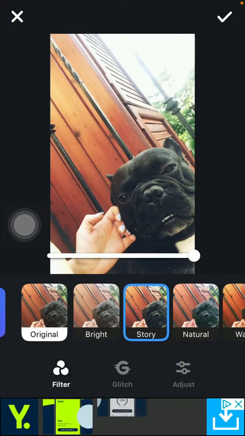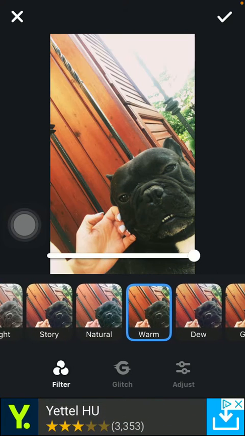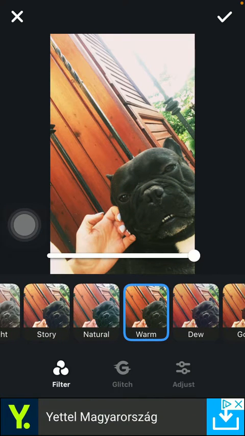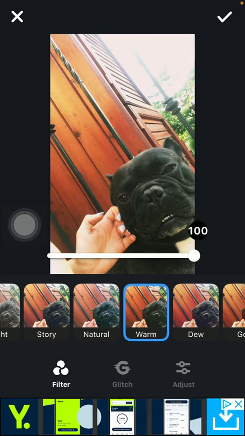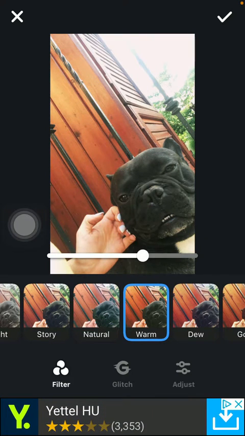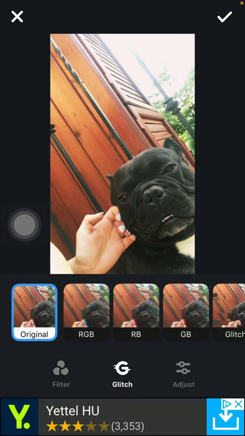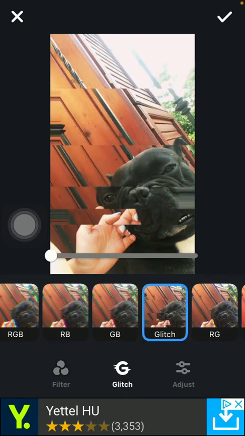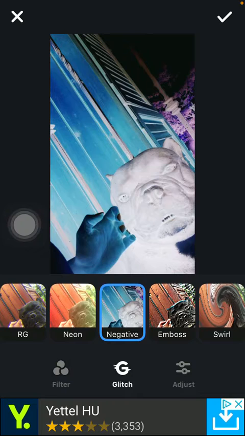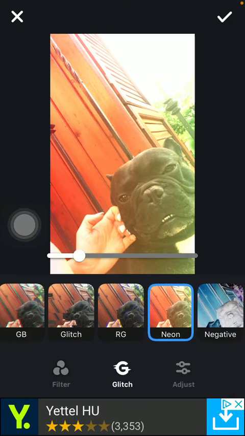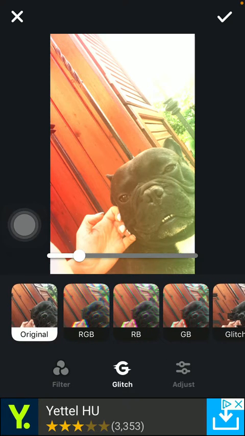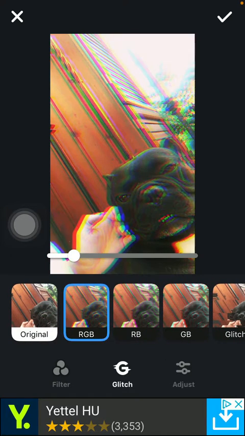After selecting the relevant one, you can adjust it by the help of this slider that you can find in the middle of the screen. As you can see how it changes. As you tap on the glitch button, you can choose from these glitched filters too, and you have the chance to adjust it. After applying the filter and adjusting it, click on the checkmark icon in the upper right corner